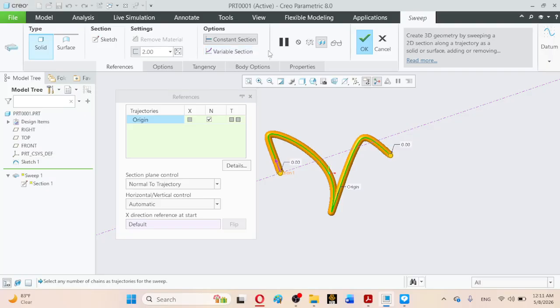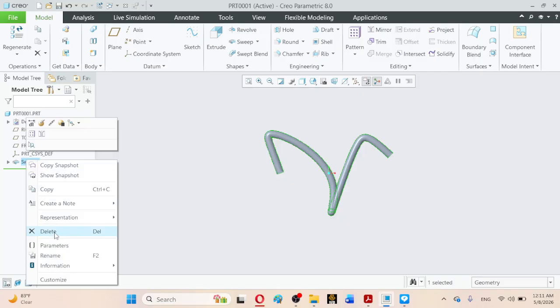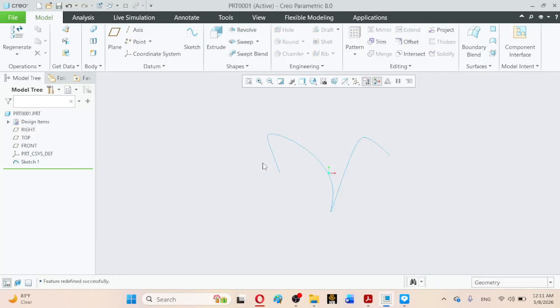Here it shows it has other options like variable section, so that can also be demonstrated, but for the time being leave it simple. I have demonstrated the constant cross section and single cross section and trajectory which has the constant cross section. So just click on OK, and this command is demonstrated with important options. So the next command that I will be demonstrating, for example, I am deleting this command. Here in the simple sweep,